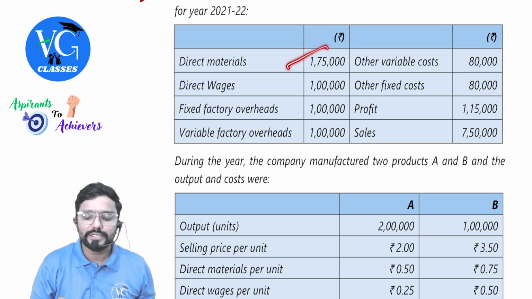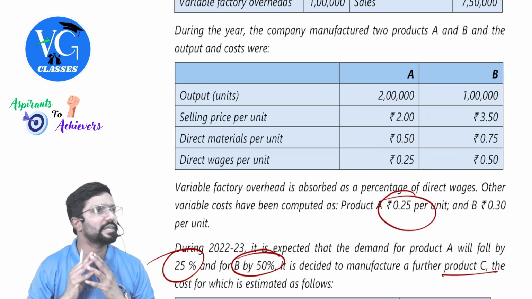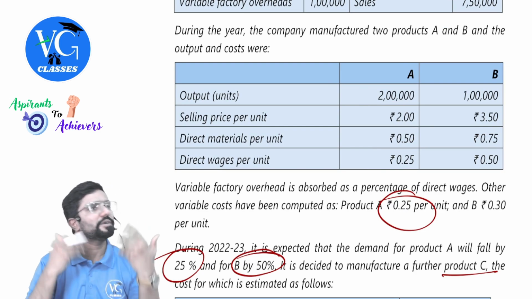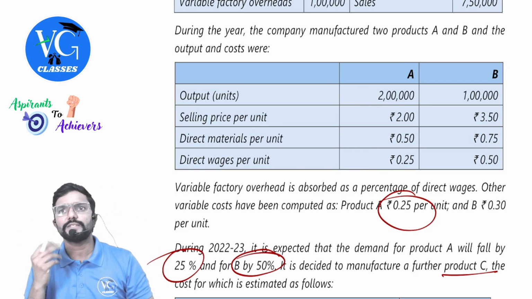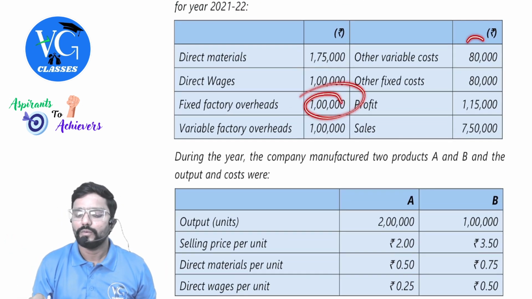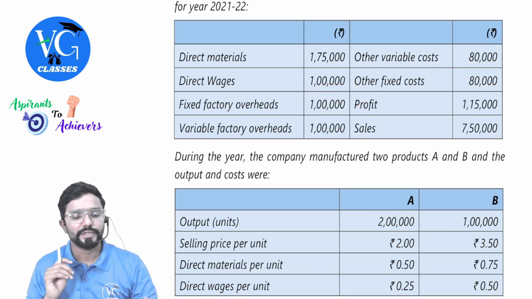Sir, whereas for others, why didn't you take this figure, sir? We knew them product wise, so we went with that calculation. We ignored the total. For variable, I always took per unit multiplied with number of units. Whereas for fixed, they have not given product wise how much. So I am going with the total, guys. This 80,000, straight away copy paste in the total column.